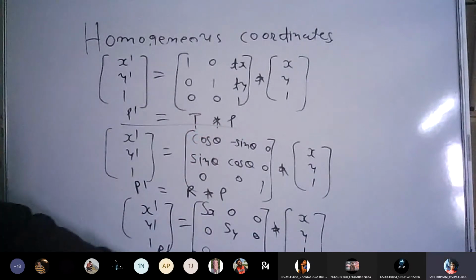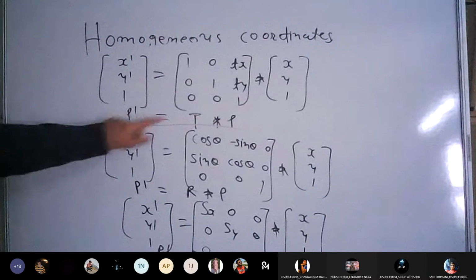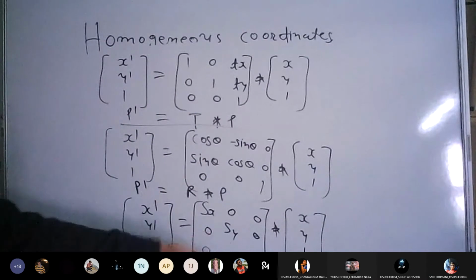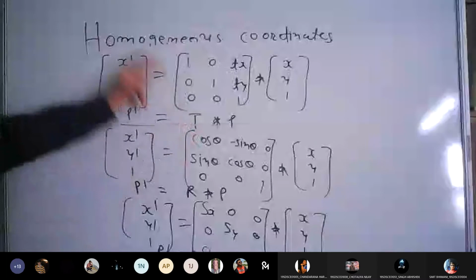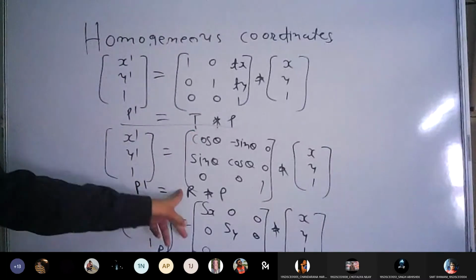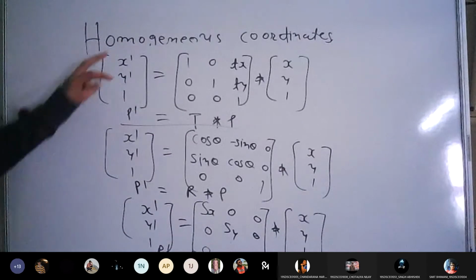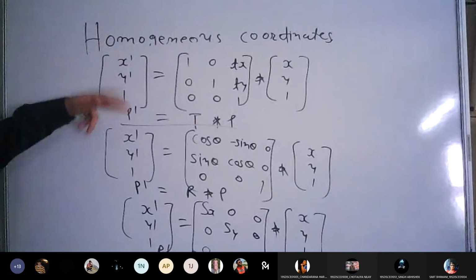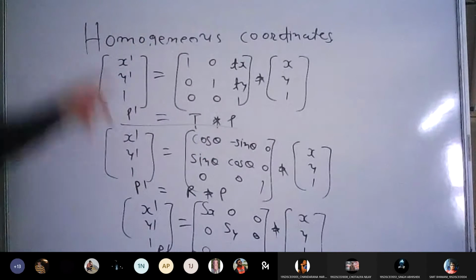T into p, R into p, and S into p. Yes, yes. See now all the equations have the same form. p' is T into p, p' is R into p, p' is S into p. T, R, and S are the factors. If it is translation, then this is the translation distance. If it is rotation, then this is the angle. This is the rotation matrix. If it is scaling, then it is the scaling factor. So this is how you can convert your 2 by 2 matrix into 3 by 3. By doing that, you can convert your additive form into multiplicative form to make all the transformations in the same form. And that is why we have taken help of homogeneous coordinates.